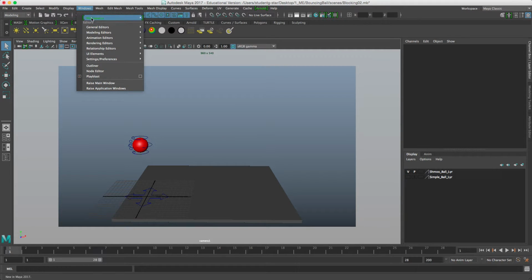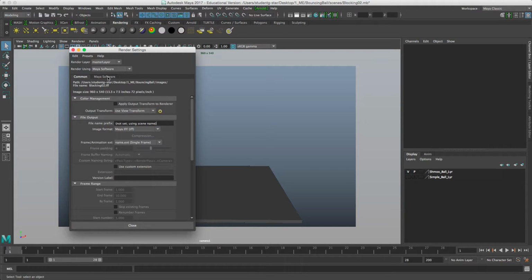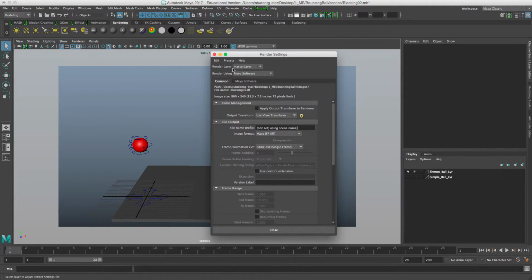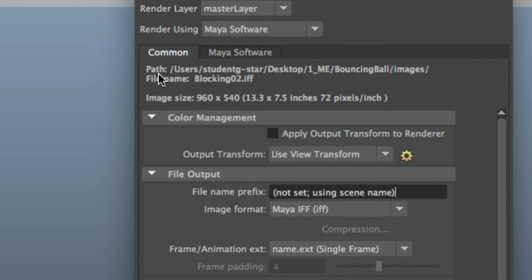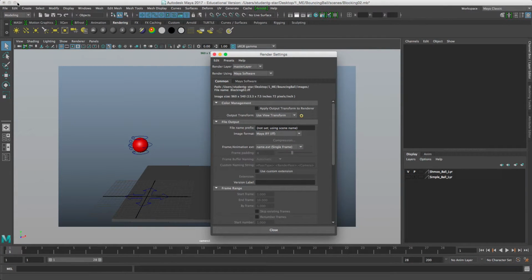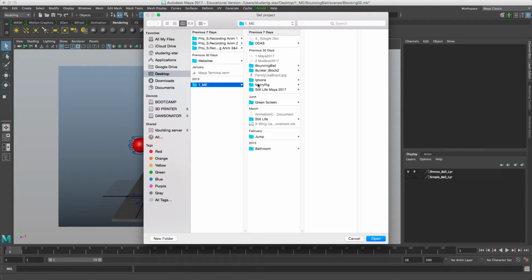If I click on Windows, Rendering Editors, Render Settings, you can see right here the path. All of my renders, which are images that allow me to see this entire composition in a QuickTime, it's going right here to Student, G-Star, Desktop, Me, Bouncing Ball, Images. Okay? So if I wanted my renders to go to a different location, I can go to File, Set Projects,